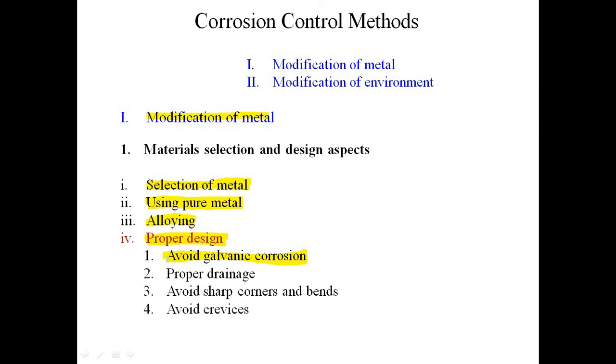Then the second one, proper drainage. You can easily understand this with a simple boiler setup. Let's say you have a boiler. Just imagine a boiler like the ones we can see in any tea shop or tea stall. In that boiler you can see that there is an opening at the top, and there is an outlet, I mean a small tap-like structure.